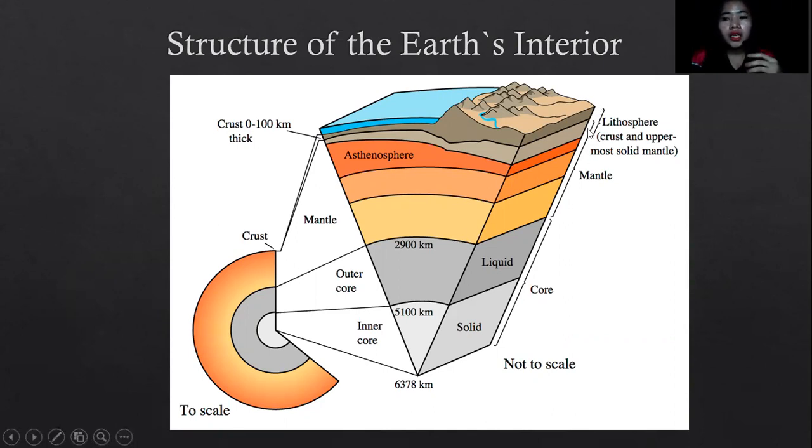What is seen by our eyes is part of the lithosphere, just like the oceanic crust and the continental crust. And the second one is the asthenosphere. The asthenosphere is about 100 kilometers in terms of its thickness, which means it is thick. It is a region where the mantle flows relatively. As we all know, the mantle is not liquid, but it's still flowing because of the force that is present.